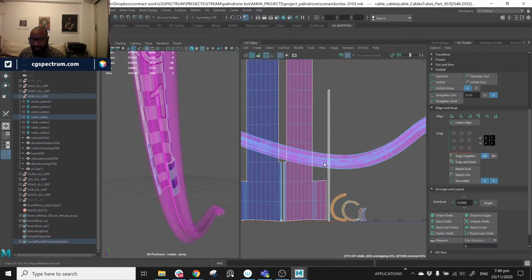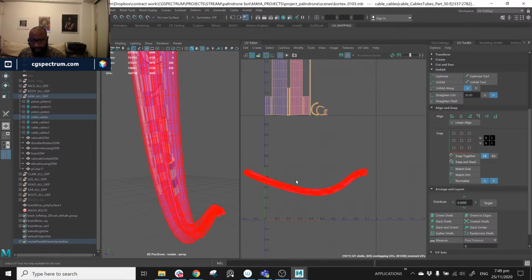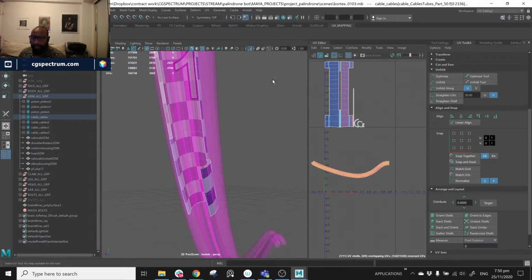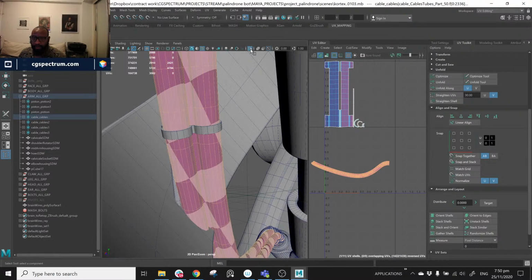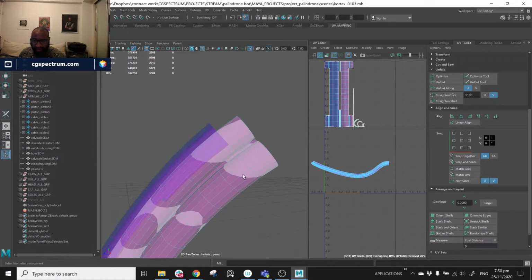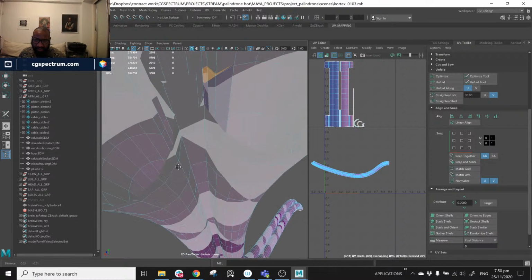Those are fine the way they are. So scoop those up. And now for the tubes. So the tubes, I'm going to do the same way, I hope, as